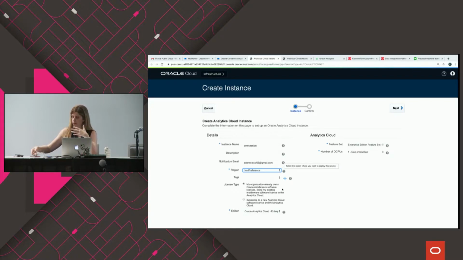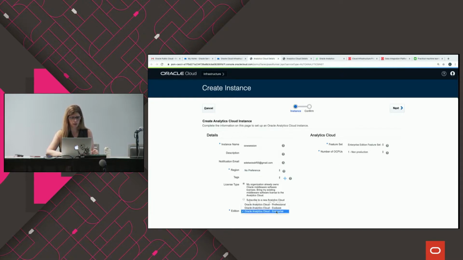In real life, if you have to do it for your company, you need to be sure whether you have a license for this or not. What does it mean? For example, imagine that you already have Oracle BI. You're going to move Oracle BI to the cloud, so you can use that license that you're not going to use anymore on-premise in the cloud, okay? And the difference in price is a lot. The price per hour or per month is much less if you're using the license or not, okay? If you don't have a license, you need to select